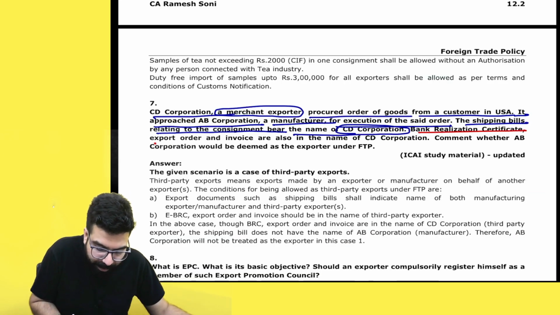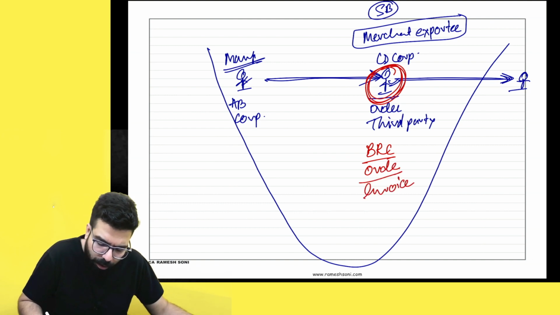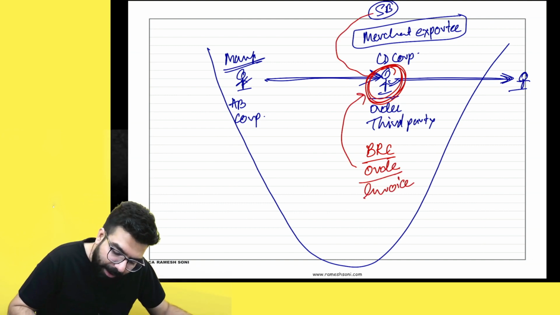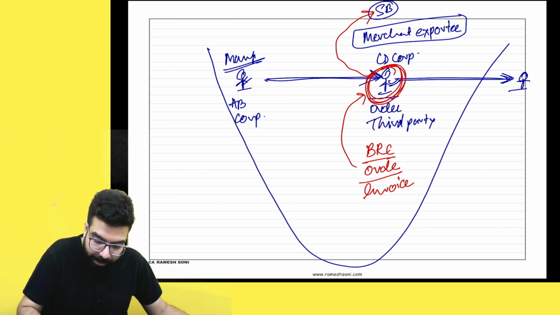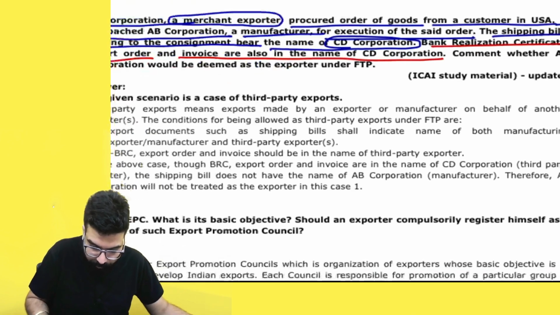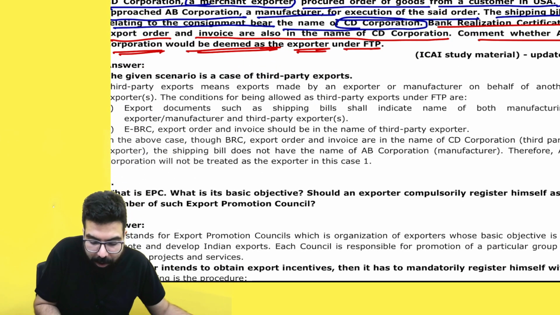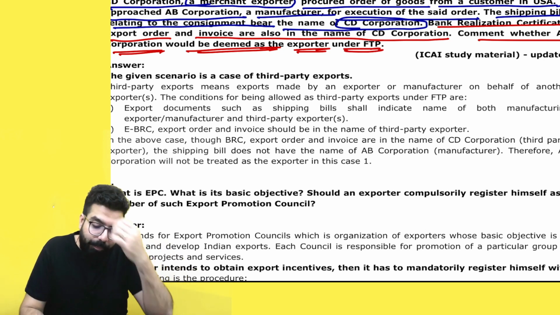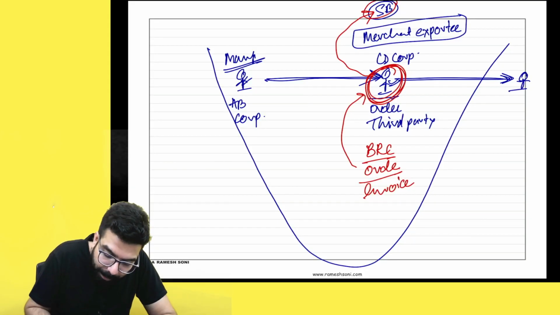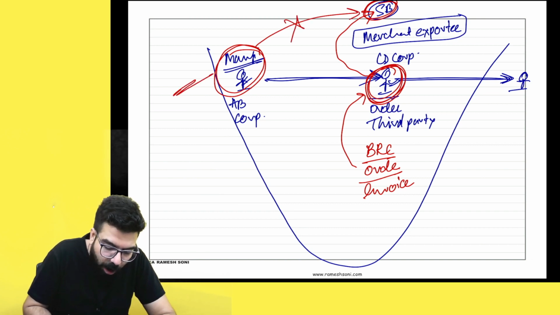Bank realization certificate, export order, invoices also bear his name. Baba, bank realization certificate, order, invoice, there also his name is there. Shipping bill also his name is there. Then they are going ahead and telling over here: comment whether AB Corporation would be deemed as an exporter under the foreign trade policy. Baba, because in the shipping bill, the manufacturer's name has not been mentioned, he will not be deemed as the